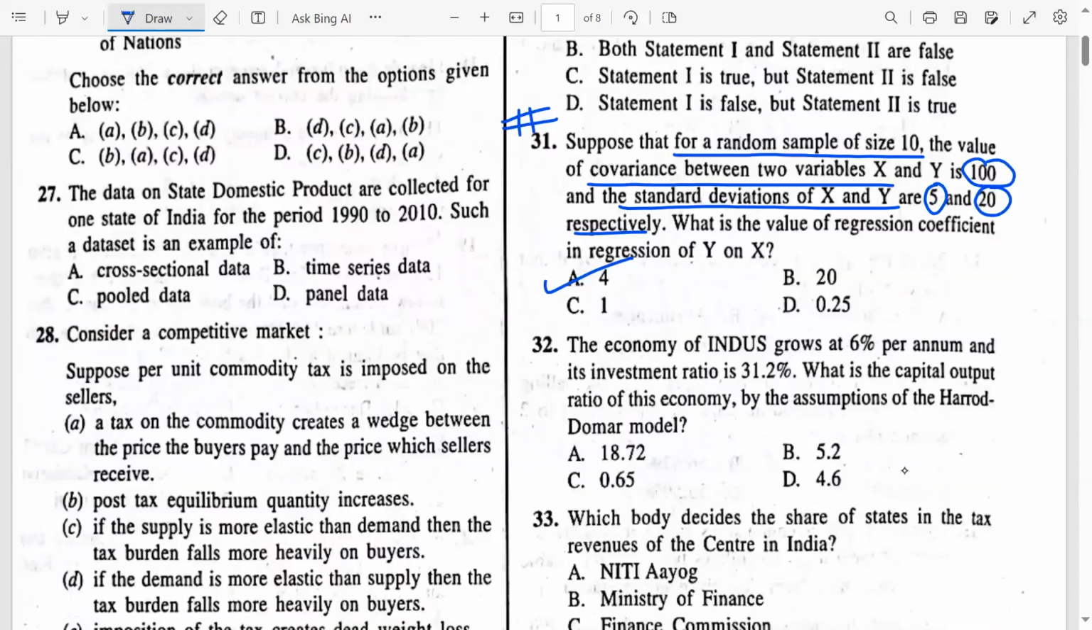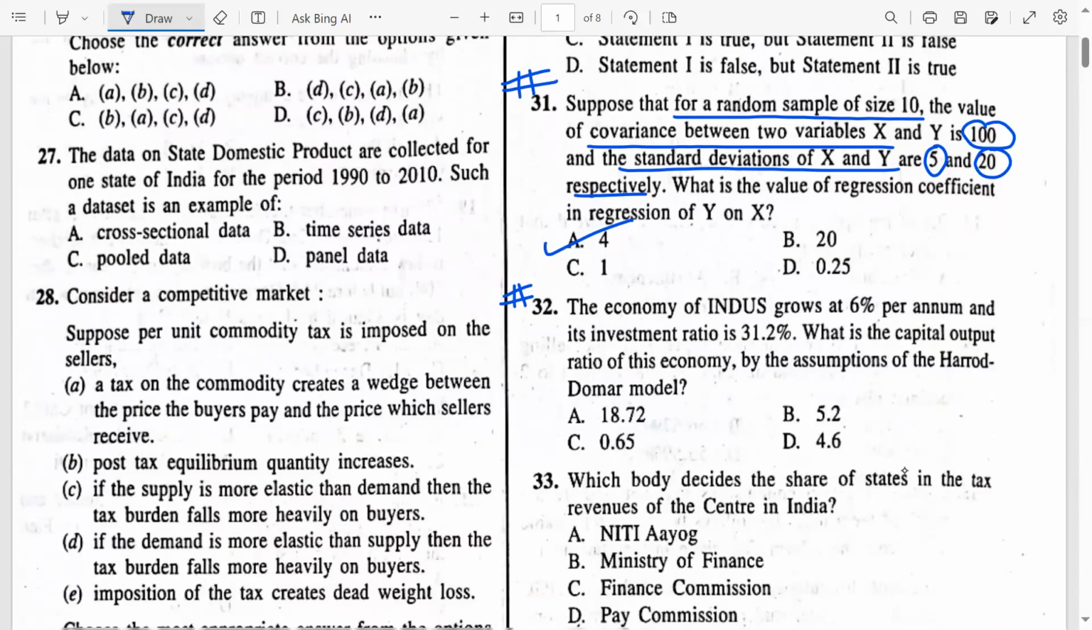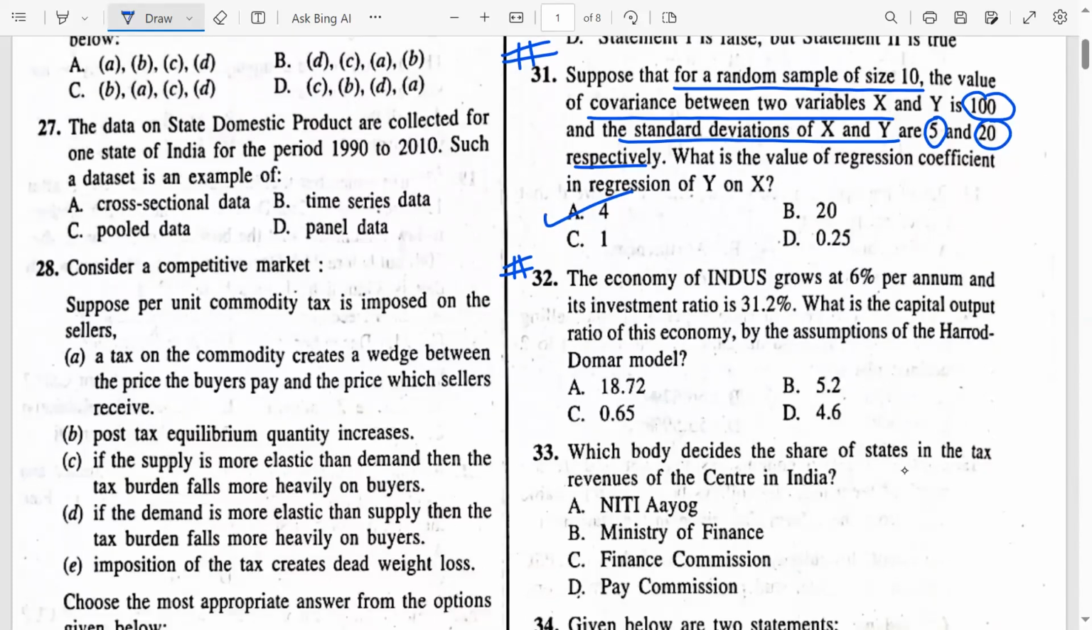Let's look at problem number 32. The economy of Indus grows at 6% per annum. The investment ratio is 31.2%. What is the capital to output ratio of this economy given the assumptions of the Harrod-Domar model? Now, the Harrod-Domar model is something which we have done in our intermediate macroeconomics part 2 course. If I just quickly come to the whiteboard,